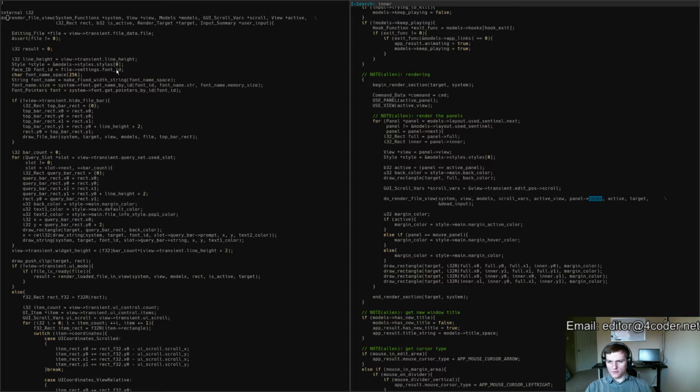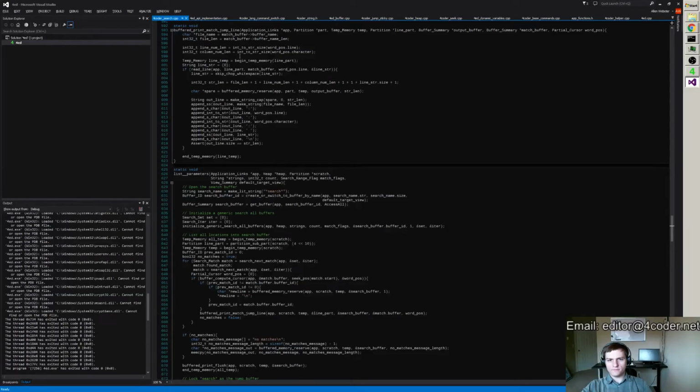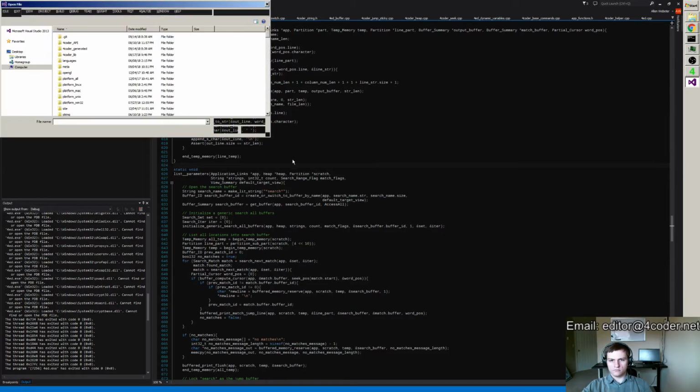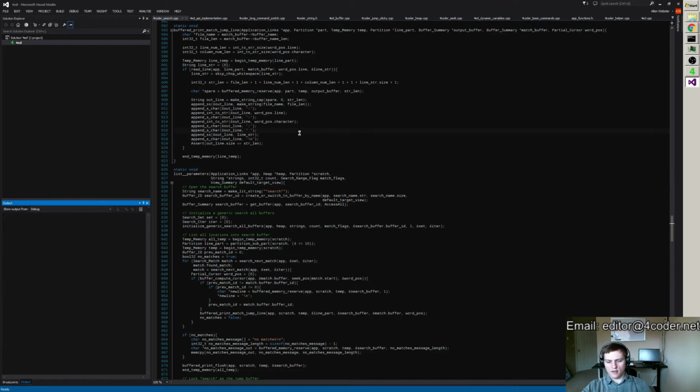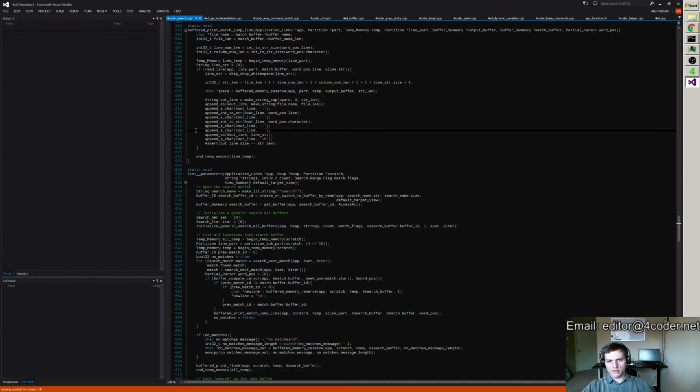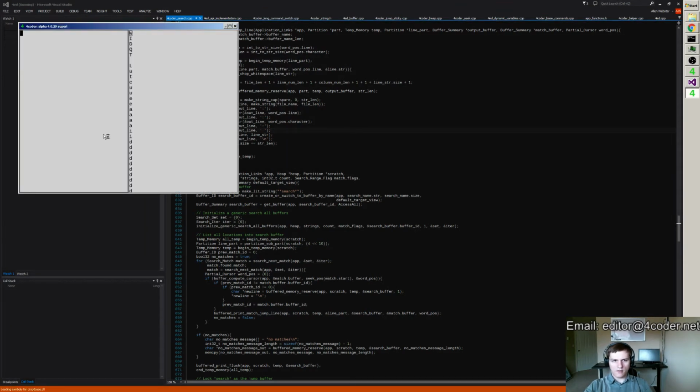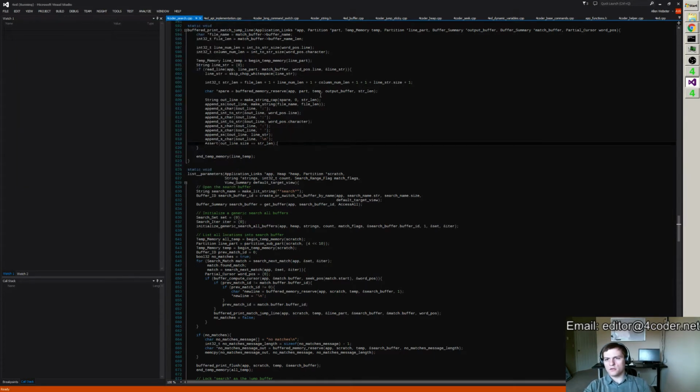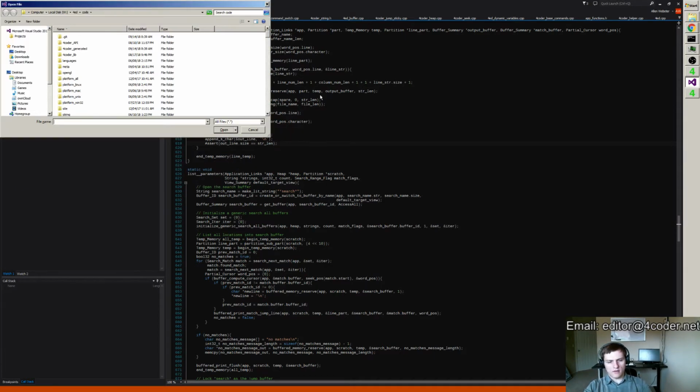Okay, so I mean the outer looks correct, so the inner shouldn't be messed up. Alright, let's step through it. Sorry, not that. This, and then this, and then now we want this. Pull up